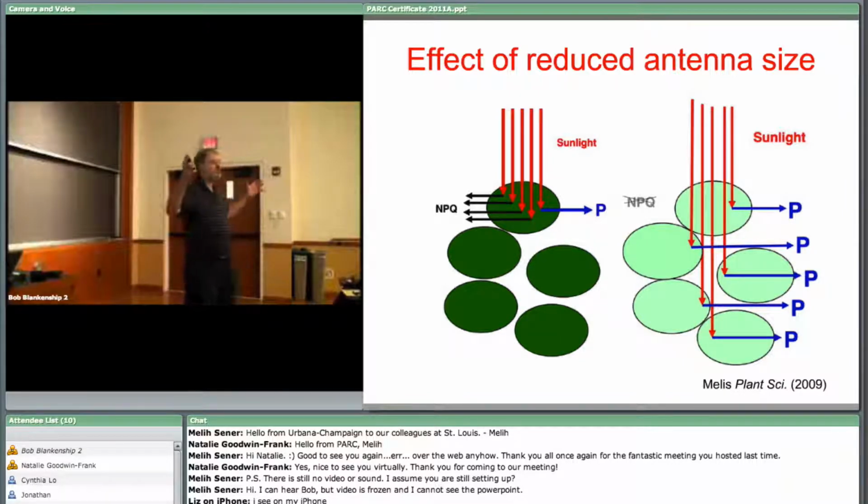Since you've got too many pigments collecting light and funneling it into the reaction center, by cutting down the size of the antenna in any individual cell, you will allow some of the light